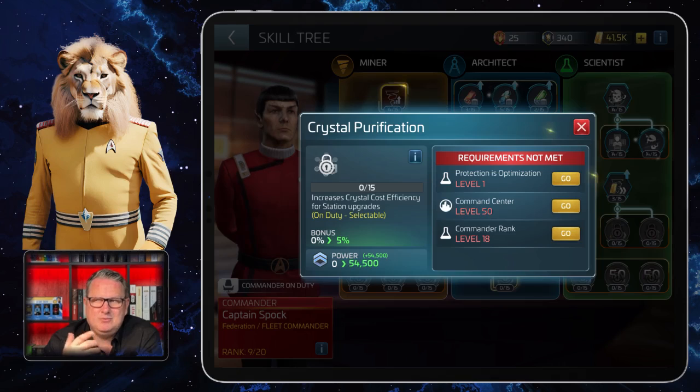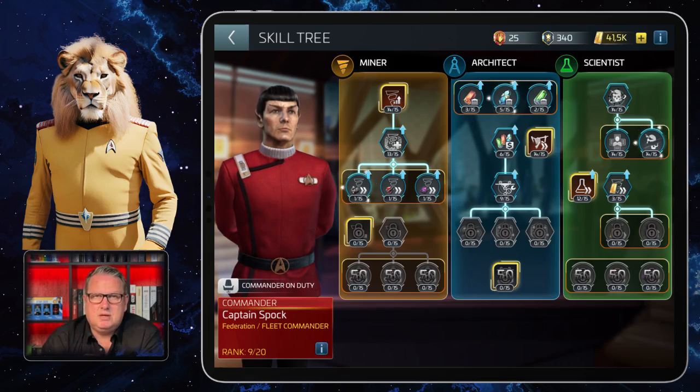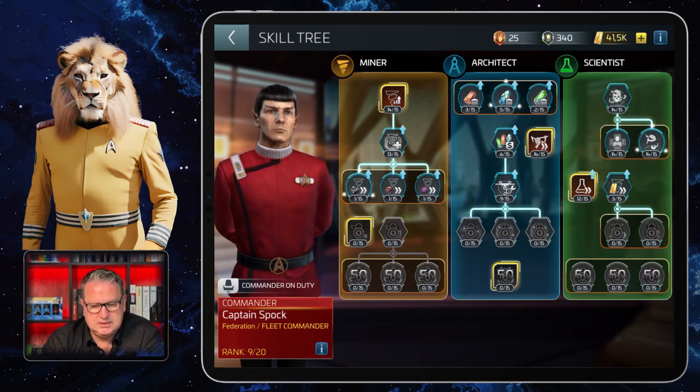That's why I will have to work on Spock, but I don't have one important thing here. That's why I'm not working that hard on it at the moment. That's Command Center 50. And I only am at 42 or 43 or something, so that will take some time. And it needs commander rank level 18. But that's a really nice one, because reducing the costs of the upgradings of your buildings will help you a